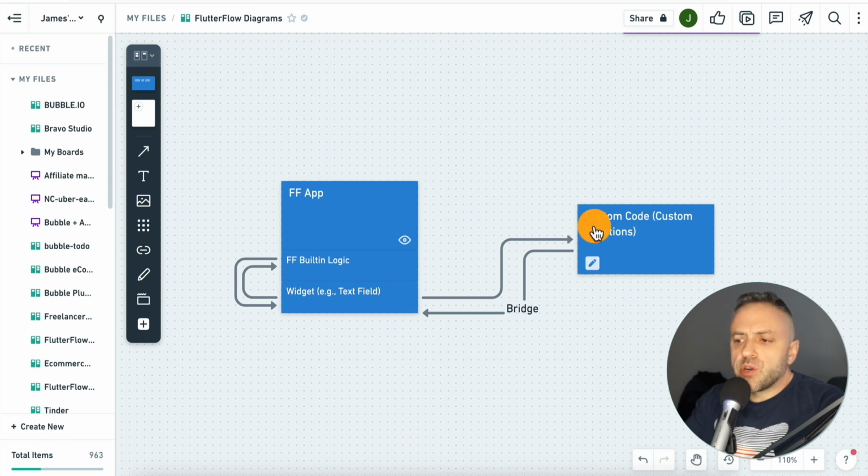And what you're doing is you're creating a bridge. Okay, you have your app, right? You have your app that's running. But in some situations, you need to go out and you need to add a number, or you need to multiply two values, or you need to negate a value by multiplying it by -1, or you need to do something else, or you need to maybe append two strings, or append a specific string to another string, or something like this, something fairly simple in most cases. And what you're doing is you are gluing two things. You are building a bridge from what FlutterFlow does already to something that you want to do.